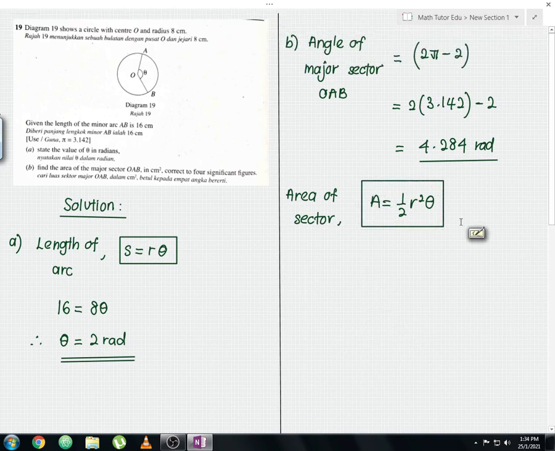From here, the radius is 8 and your angle is 4.284 radians. So let us calculate it now. It equals half times 8 square times 4.284 radian. You calculate this, you will get